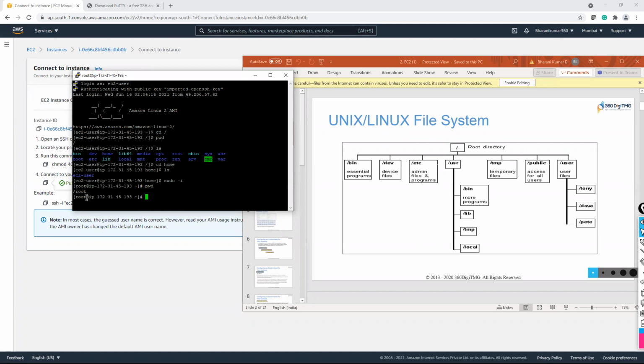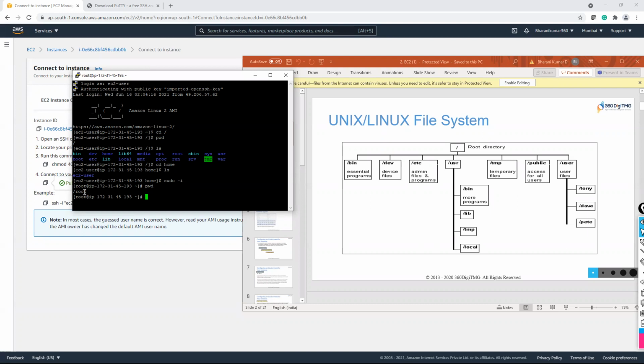Why? Because that file may be in some other directory. Say for example, it is in home, but you are trying to open it from root. This is like looking for that file in an entirely different folder. So to always check your path, pwd is the command. We already typed that one, and our present path is /root.